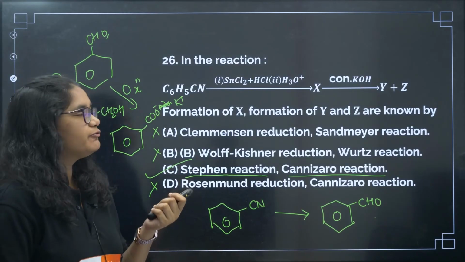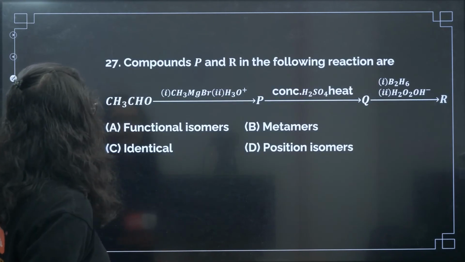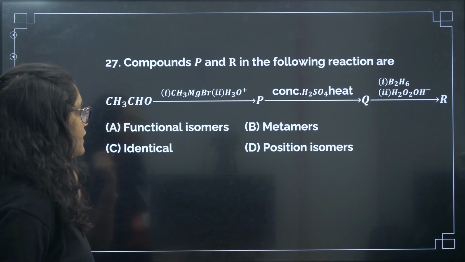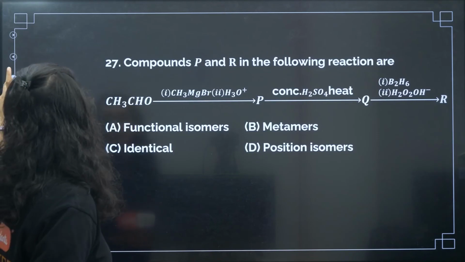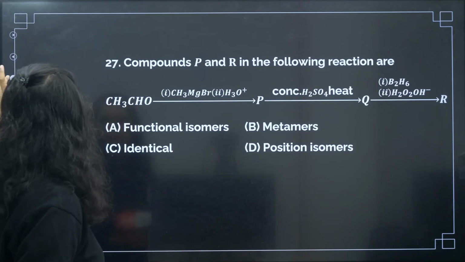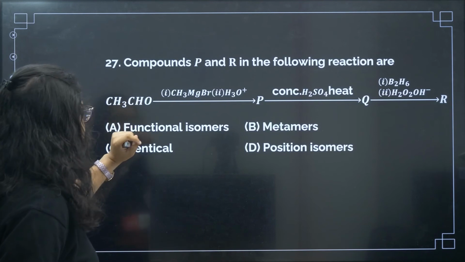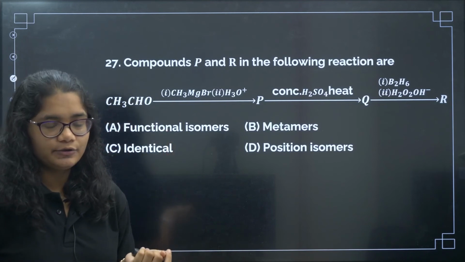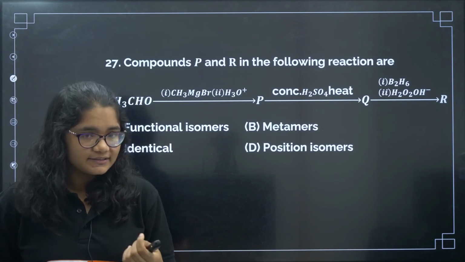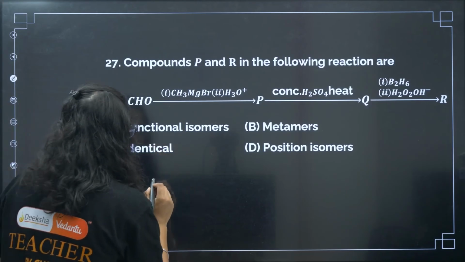Okay. Now let us move to the next question, that is question number 27. Compounds P and R in the following reaction are. Okay, so let us try to figure out the products for this reaction. CH3CHO with a Grignard reagent. You know, with a Grignard reagent, the nucleophilic addition reaction takes place. So how will you do? We know